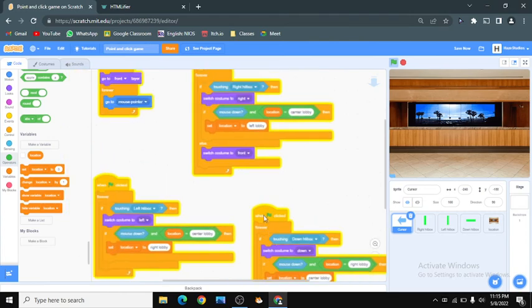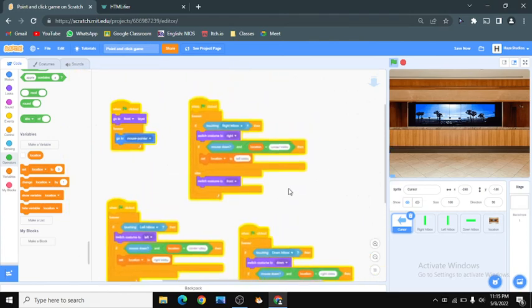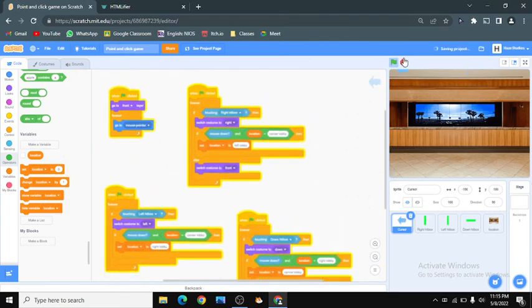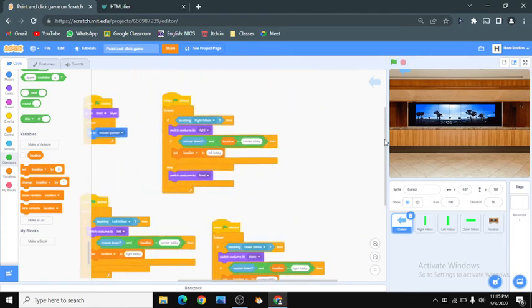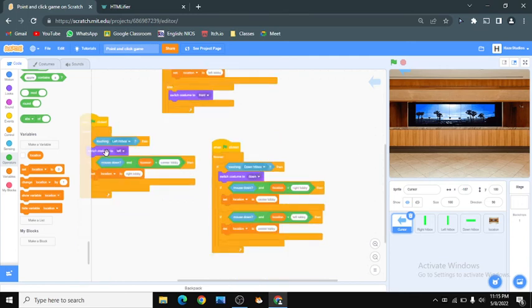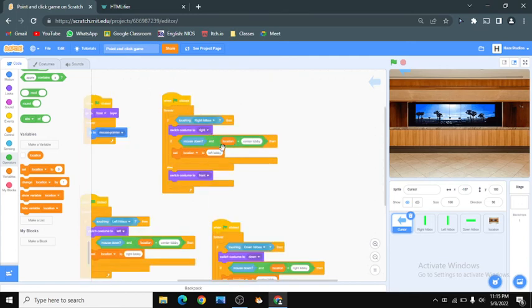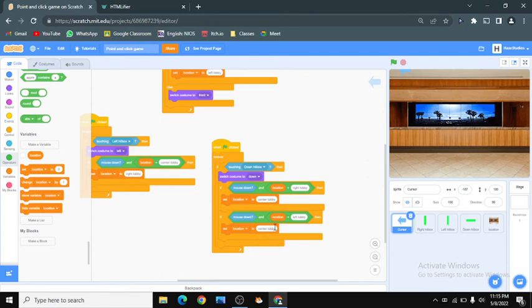So why we are adding this and variable is because if you don't add an and variable, the problem is that say you're in the left lobby and you press the right hitbox. Then it will go back to the central lobby.